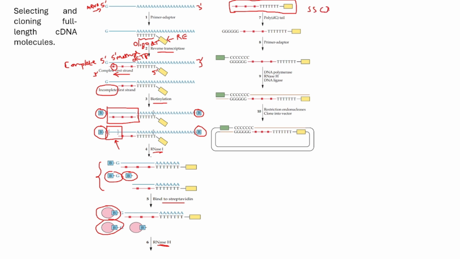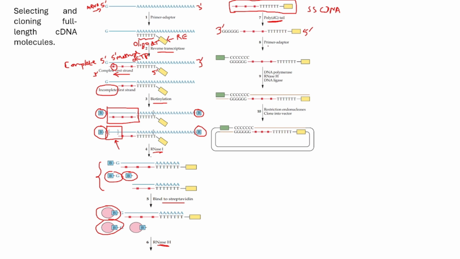So now the problem arises, you have synthesized the cDNA from its corresponding mRNA. Now what? Now you have to synthesize the complementary strand. So that is again another problem. So what will you do? You first attach a poly dG tail to the 3' end of the DNA. Okay, so remember, this is your 3' end and this is your 5' end. And this yellow box means the restriction site. So you attach the poly dG tail to the 3' end,